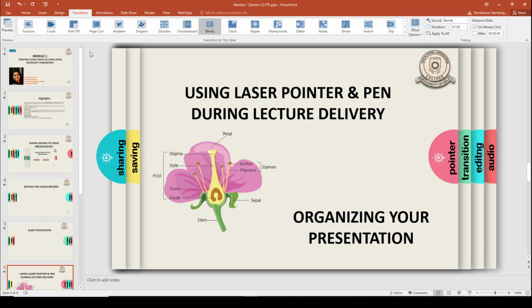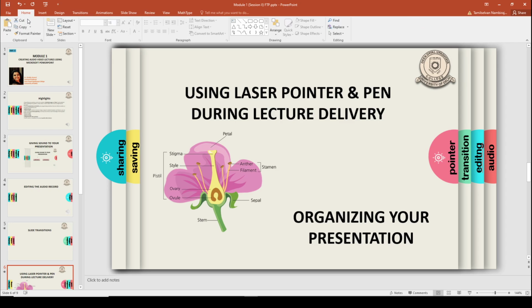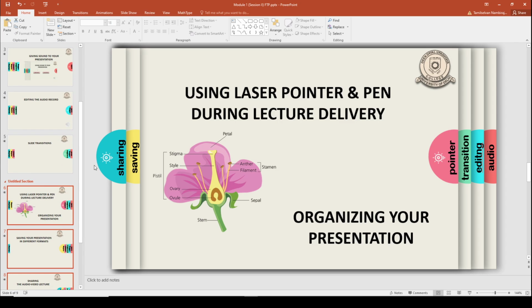Like a chapter is organized into many subheads or subtopics, similarly, you can also organize your PowerPoint presentation into subheads. For that, you go to the Home tab and here you see an option by the name Section. This helps you to organize your slides into sections. You click on this arrow and you can select Add Section.